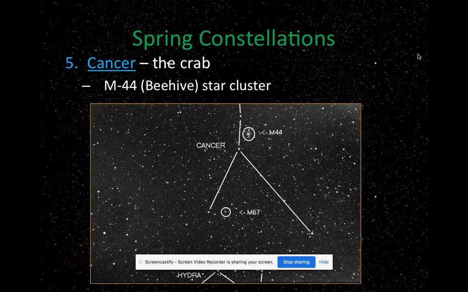Cancer the Crab. And in Cancer, you're going to have the M44 Beehive star cluster. And star clusters, again, remember they're different. They are loose groupings of stars, much smaller than a constellation, which spans a bigger distance. And star clusters most likely arrive from the same